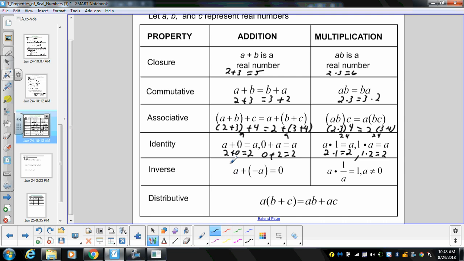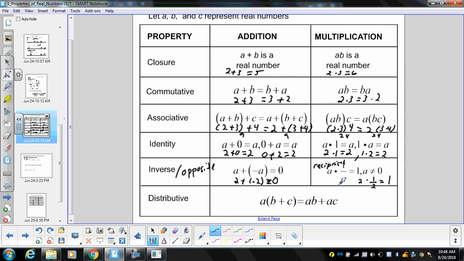Inverse. So if I take a, we talked about this when talking about opposite. If I take 2 plus negative 2, that means I have $2. I spend $2. I should end up with nothing. Over here, it's a little bit different. It deals with the reciprocal. So this again, this is the reciprocal. So if I take 2 times 1 over 2, if I type that in my calculator, I'll actually get 1. It does not work if A is 0 because, again, you cannot have 0 on the bottom of a fraction